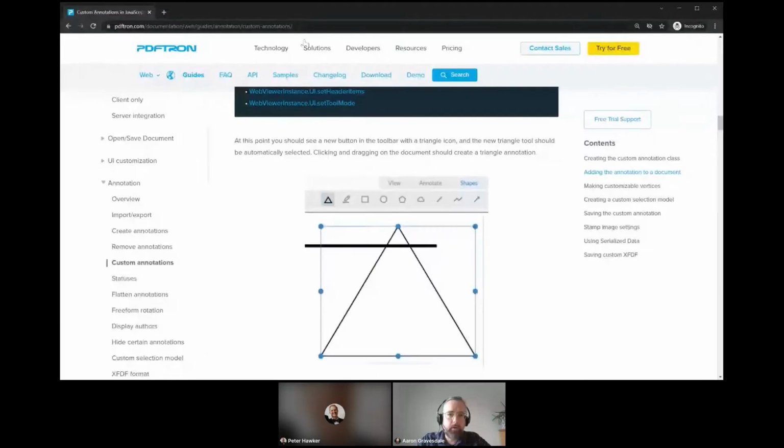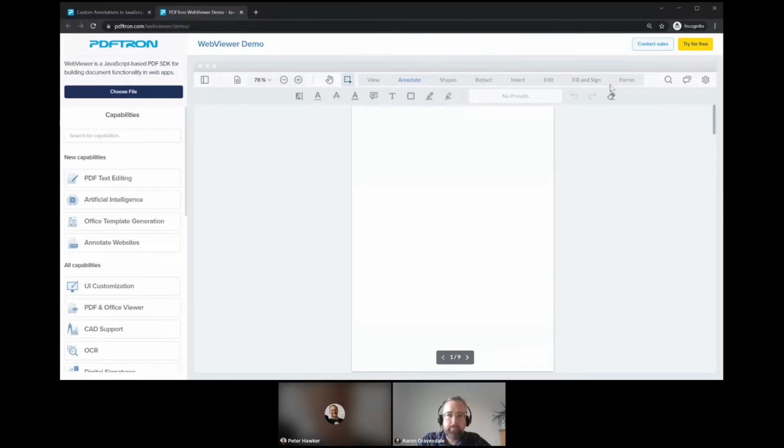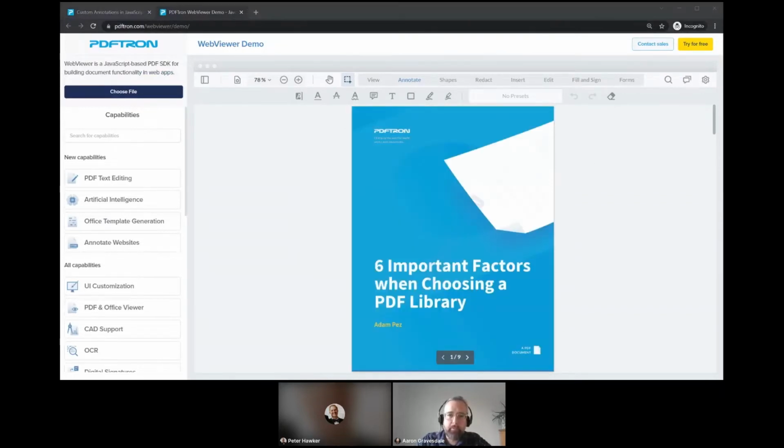I'm just going to go back to our web viewer demo and show off some of the stamping capabilities that we have built in, and what can be done in terms of customizing that and making that closer to what your users might be expecting. So when we have our annotations, in addition to the different shapes and highlights and so on that we can add to a document, if we click on Insert here, there are also quite a few stamps that